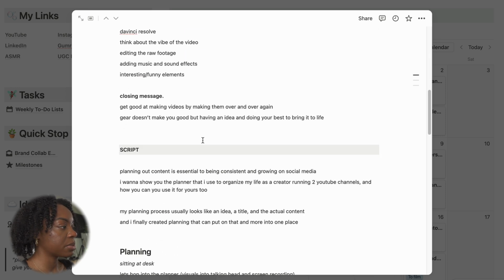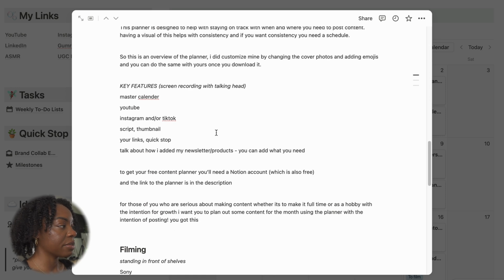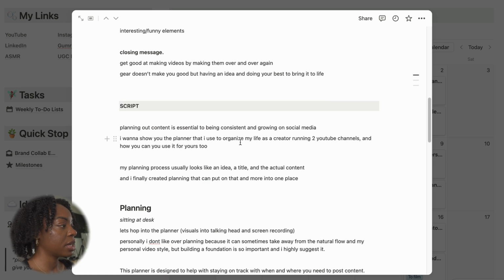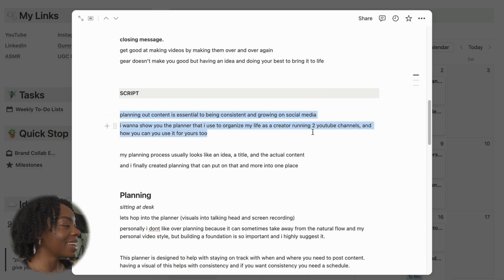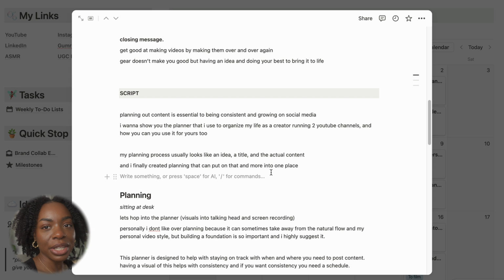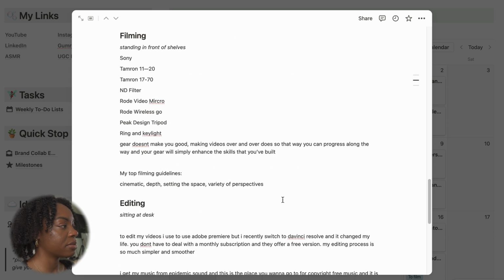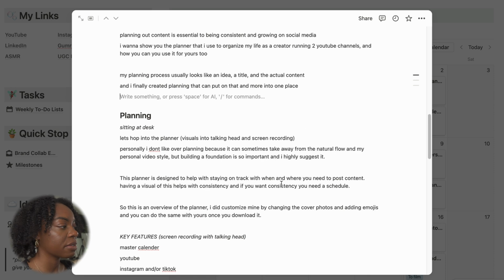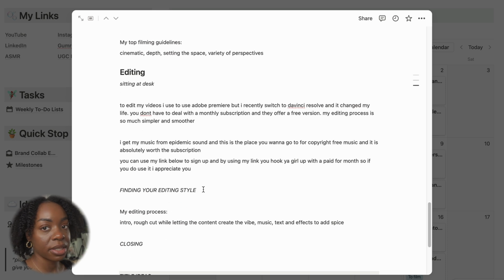And then you get to the script and you literally see everything. So in the beginning, what you guys watched, this is what I said. And then this is what I said. How it's typed here is a little different than what I said, but I like to have a script to just remind me to stay on track and what I want it to say. And when you're filming and you say something different, as long as you say what you need to say, it's good. So I planned out this video in sections. I have the planning section, I have the filming section, and then I have the editing section.